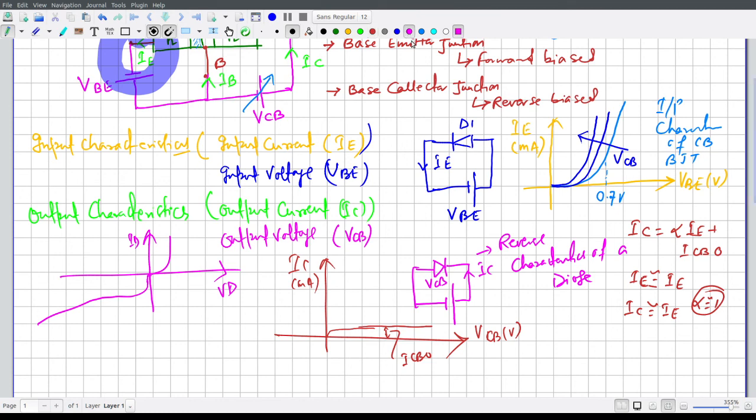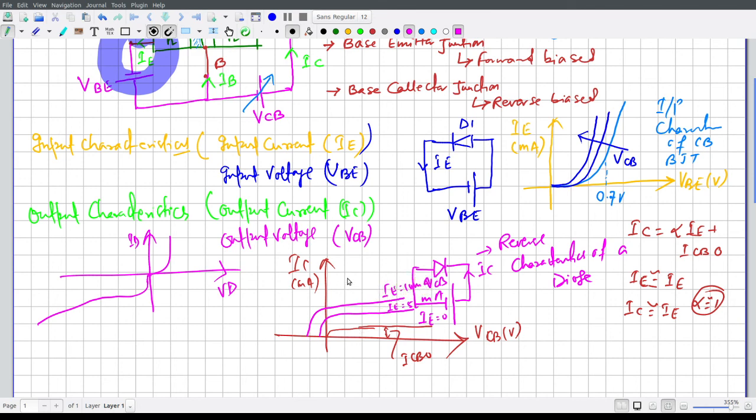In the next one, if we increase the value of IE, this collector current increases, so it will look somehow like this. So for different values of IE, we can say IE for 0, suppose 5 milliampere and IE 10 milliampere.